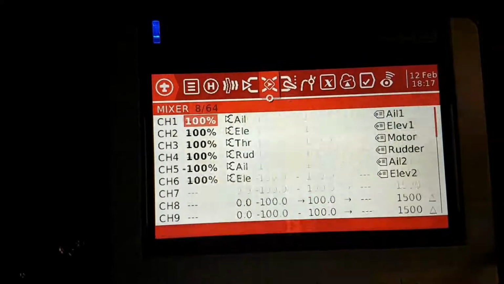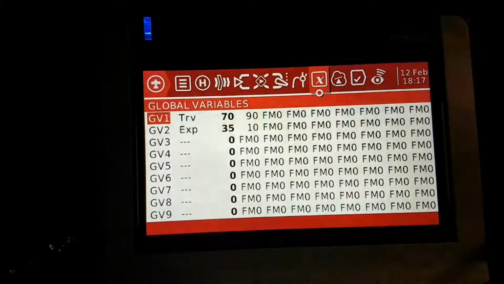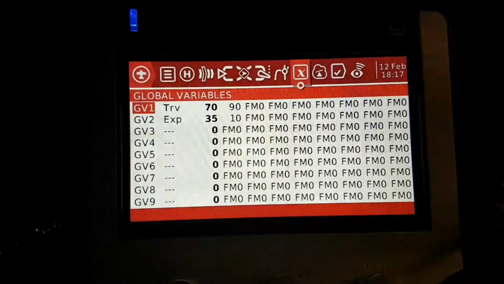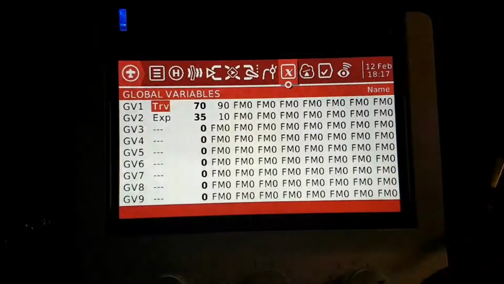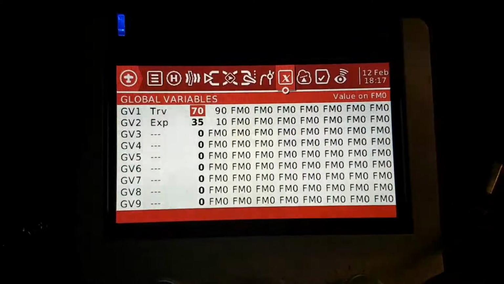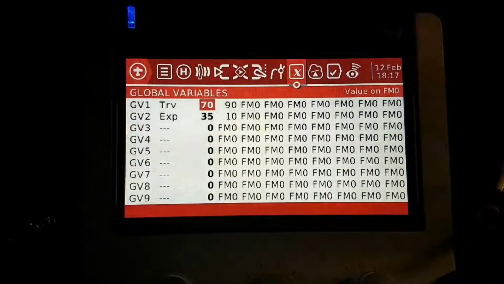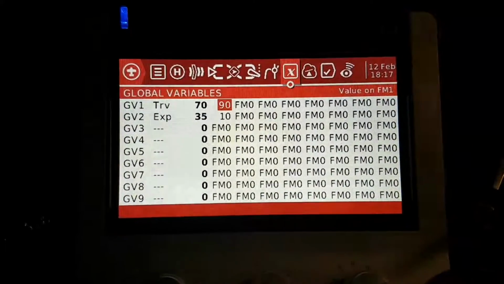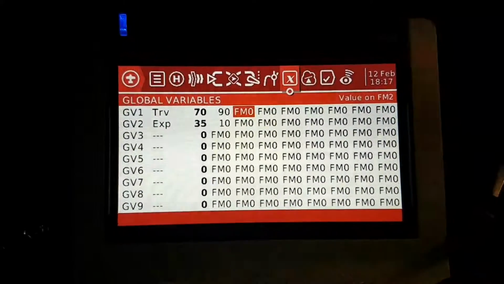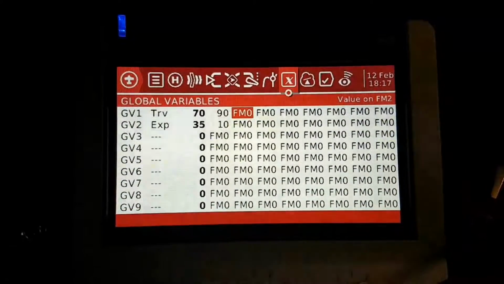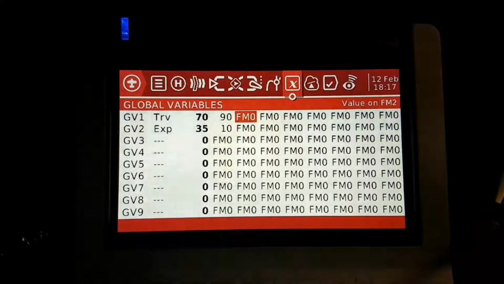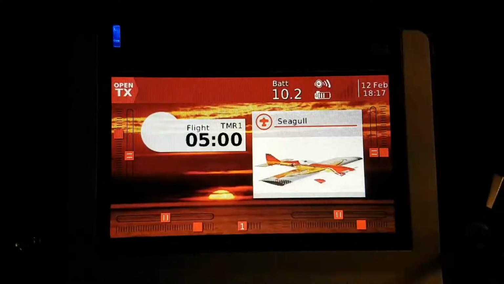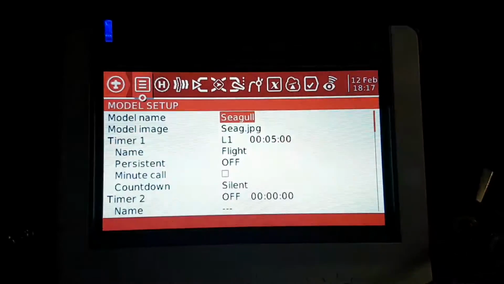which is where you go through to global variables. Now what you'll see on here is if you look at GV1, which is our first global variable, on flight mode 0 I've got 70% travel, and on flight mode 1 I have 90. Flight mode 2 is not used, but these can also be set as well. Once you have that in place, you then go through to